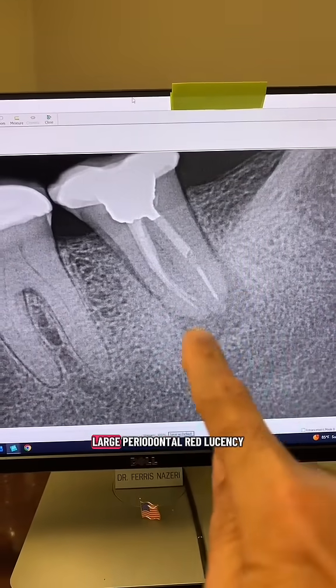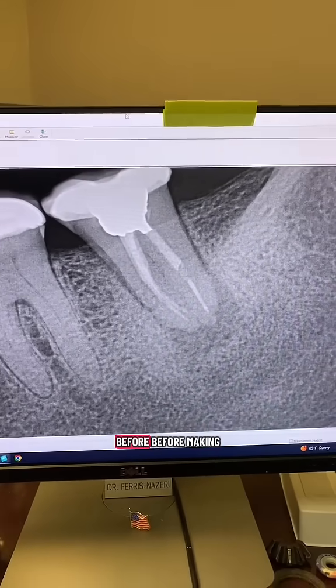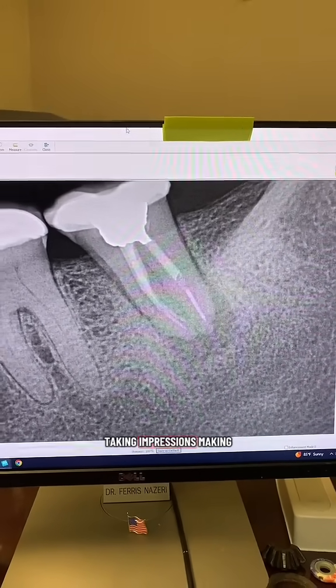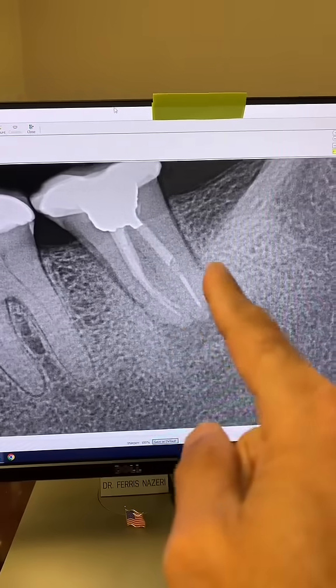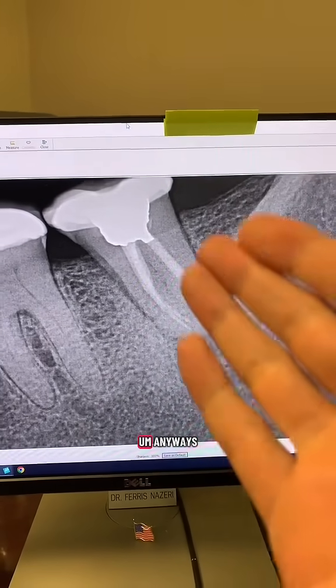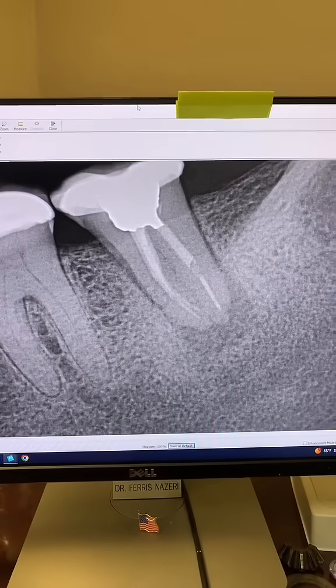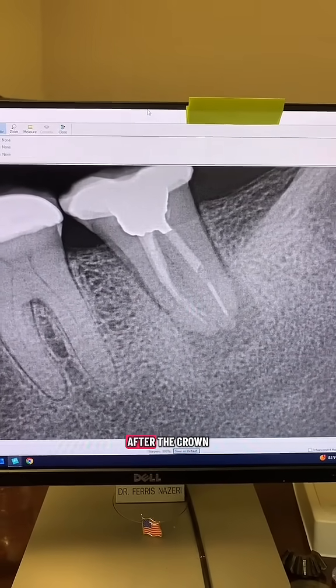So you can see a large periapical radiolucency. If this dentist had taken a PA of this tooth before taking impressions and making this patient a new crown, they would have been able to see this. Anyways, patient gets a new crown and says a few weeks after the crown, the tooth started to